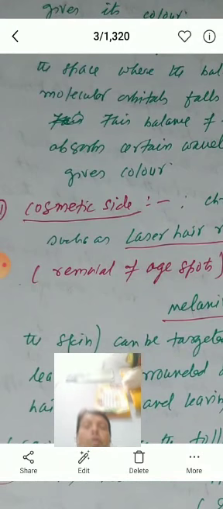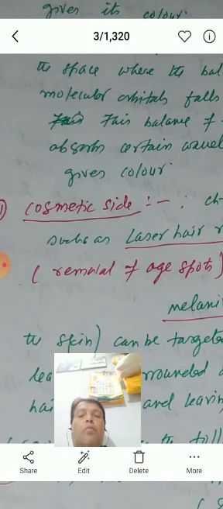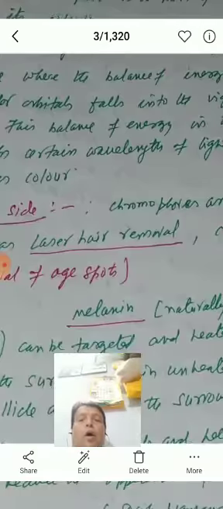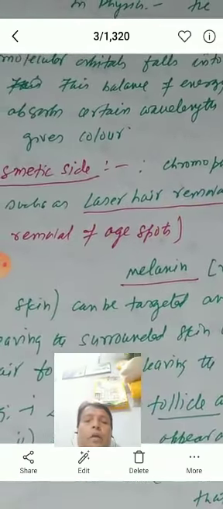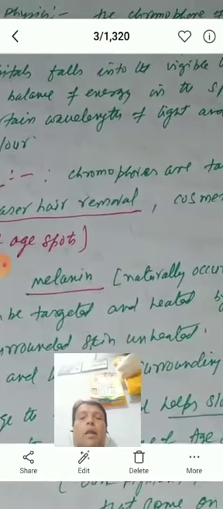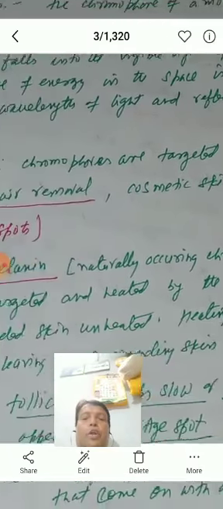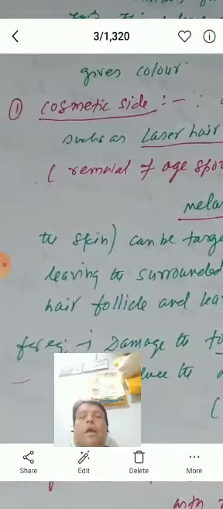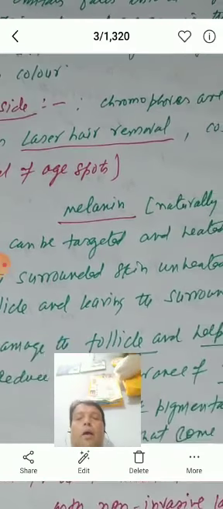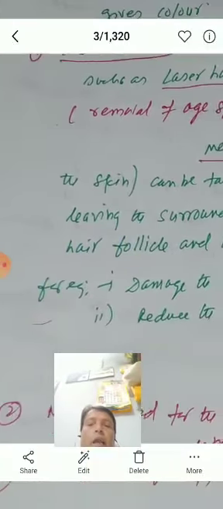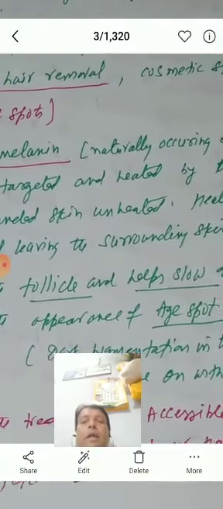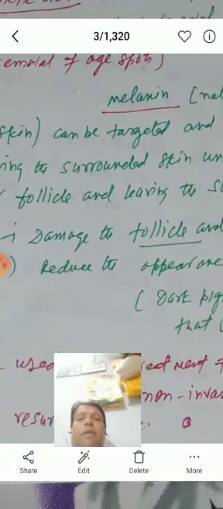Application of chromophore, cosmetic side. How is it helpful in cosmetic side? Chromophores are targeted in procedures such as laser hair removal and cosmetic skin procedures, that is removal of age spots. Melanin, a naturally occurring chromophore in the skin, can be targeted and heated by the laser while leaving the surrounding skin